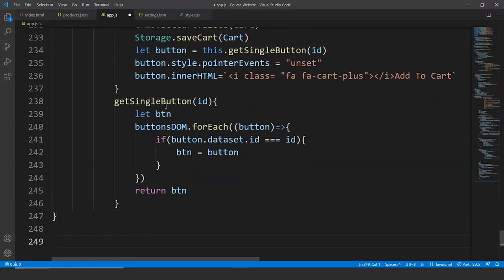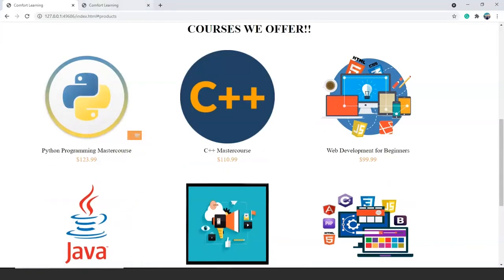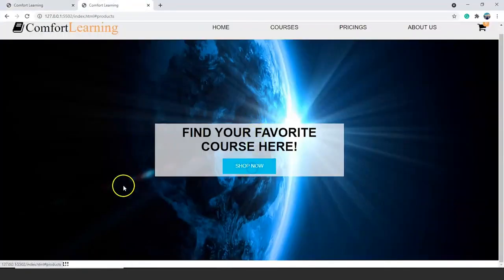Now save it, save this program, go to browser, and this is our website. Go to browser, and you can see nothing is visible till now. We have to write a little more code to make everything visible here. Now we have to store the data in local storage so that on refreshing the web page we don't lose